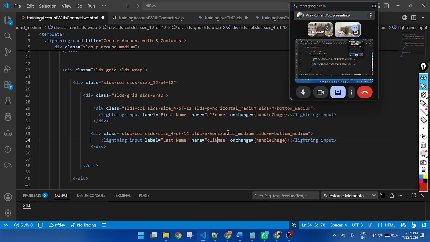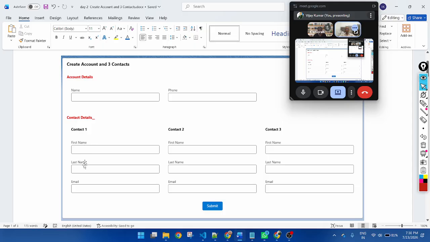F name means first name. And I am creating this row.